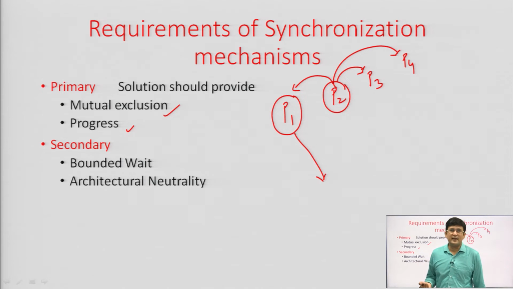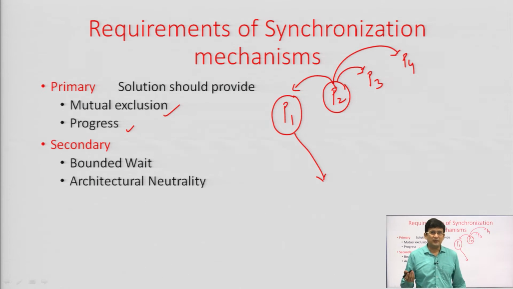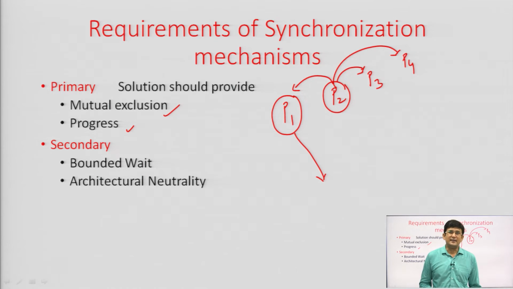You can take the example of a very frequently happening class, let us say the operating system class, and today the students are not in a mood of attending the class. So, there is one person who is threatening the other persons that no one should attend the class because that person is not interested. Or you can say that one person is not interested and he is restricting the other students also from attending the class. Similar is the condition here. A process is not interested in entering the critical section, but it is restricting the others from entering the critical section. If this is the condition, we will say that the progress property is not satisfied.